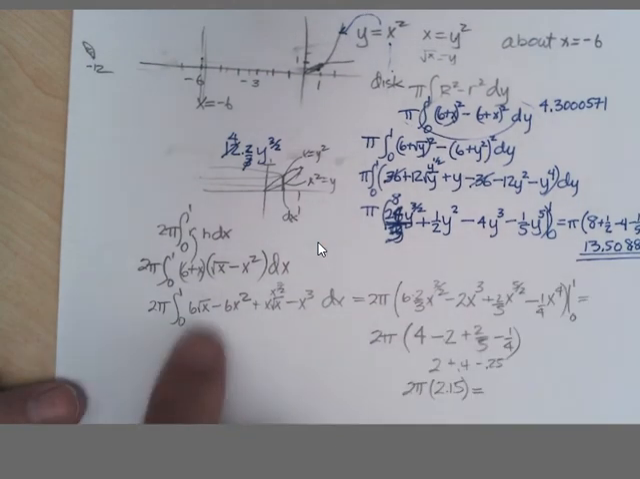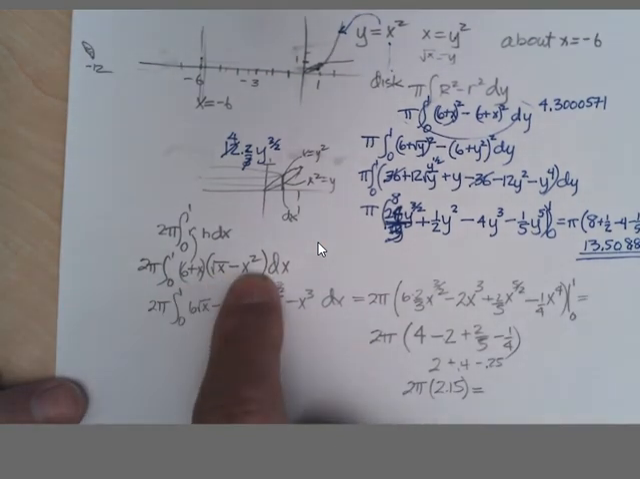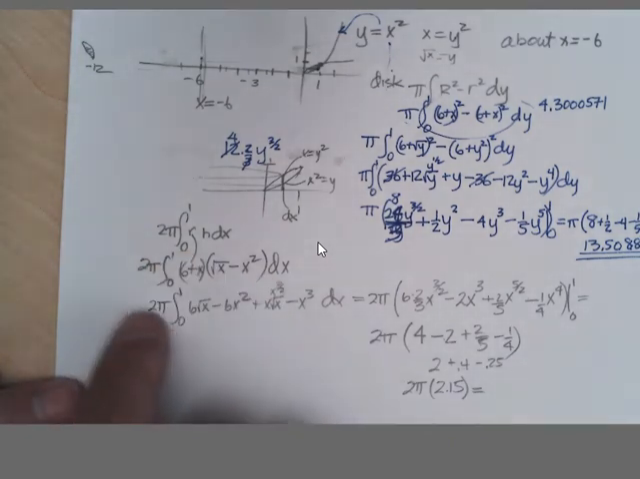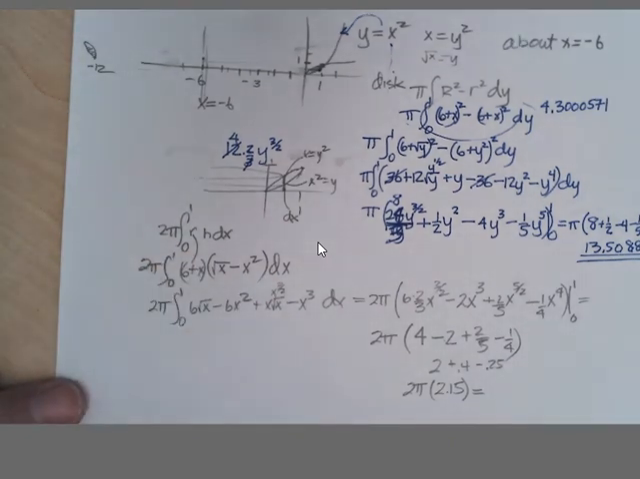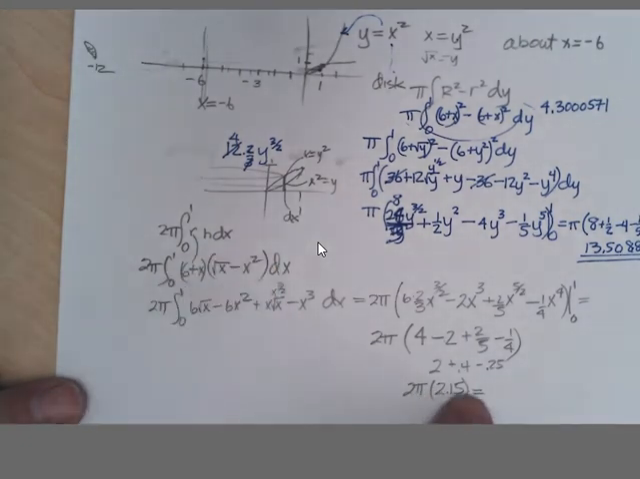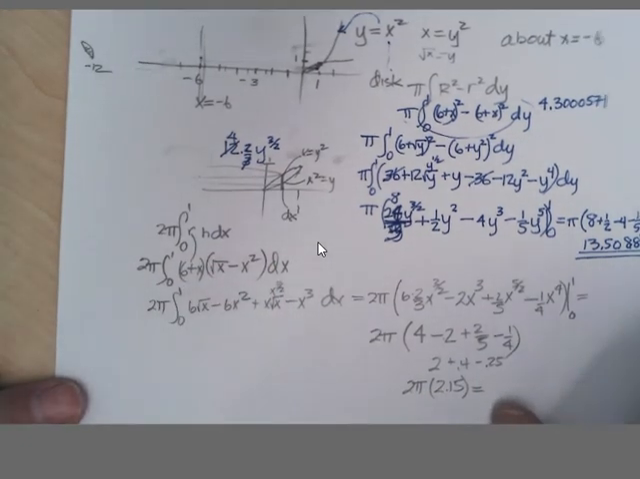All right, and I could have just typed this into the calculator and then graphed that, gone from 0 to 1, and taken the answer times 2 pi and got this. This integral should have given me 2.15. Okay,